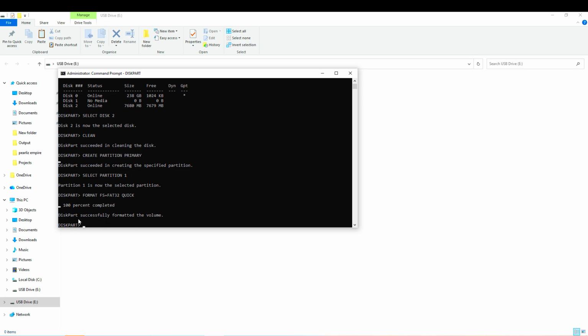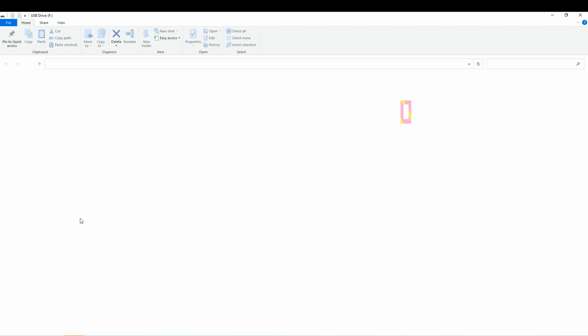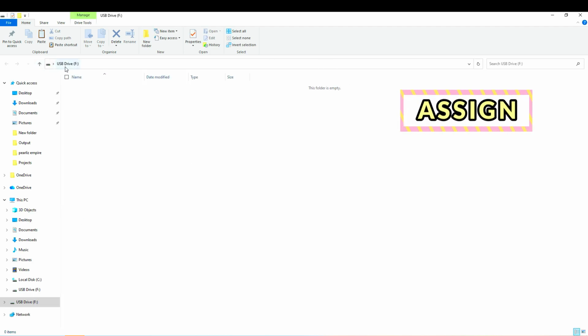And say this pass successfully format the volume. Then you assign it. As you can see, my USB drive